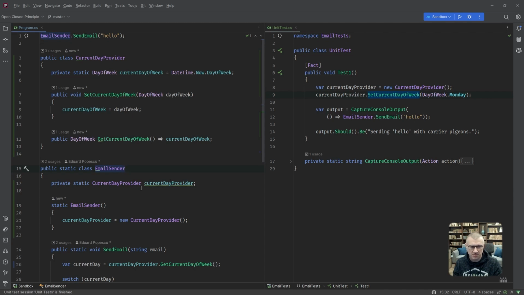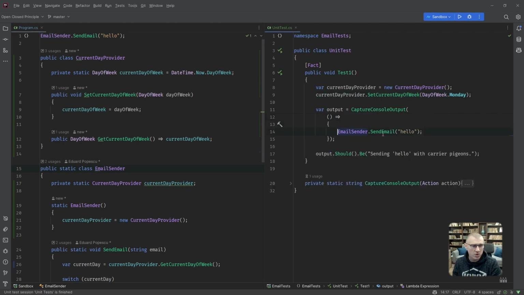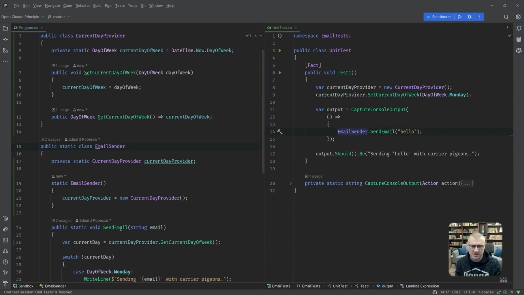Current day provider. Okay, obviously we want to make this non-static so we can inject through a constructor, because I don't want to inject it through the method, because it's not really the method's responsibility. Well, I know it is. I mean, it's calling it and stuff, but I feel this injection should sit at constructor level. I guess it's just a preference. I'm not sure exactly. I don't have enough arguments for this right now, but it kind of feels right. We'll see where this takes us, and we'll explore in a second.